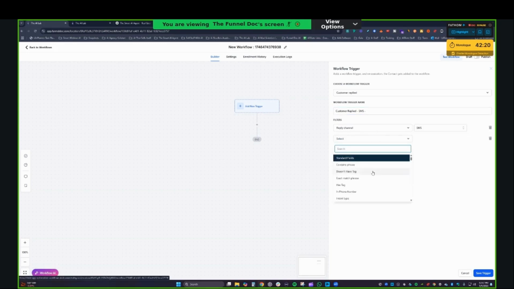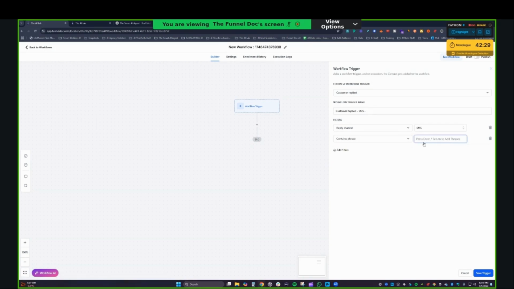And then the next thing I'll do is I'll look at what is the action that's happening there. Is there someone replying something specific where I want it to contain a specific phrase or something like that? Is it a tag that someone, hey, they replied in SMS and they've got this tag on them, so hey,